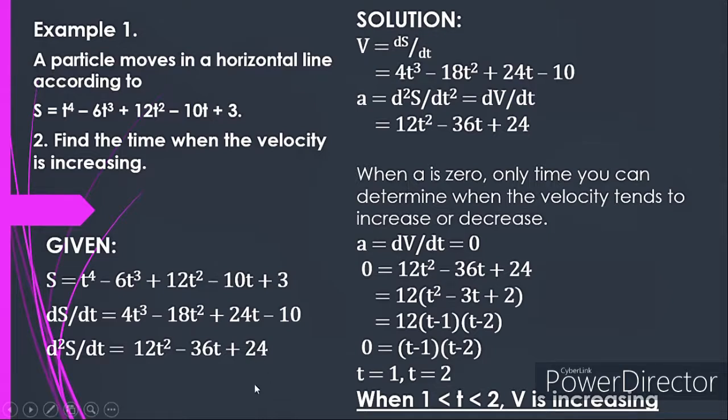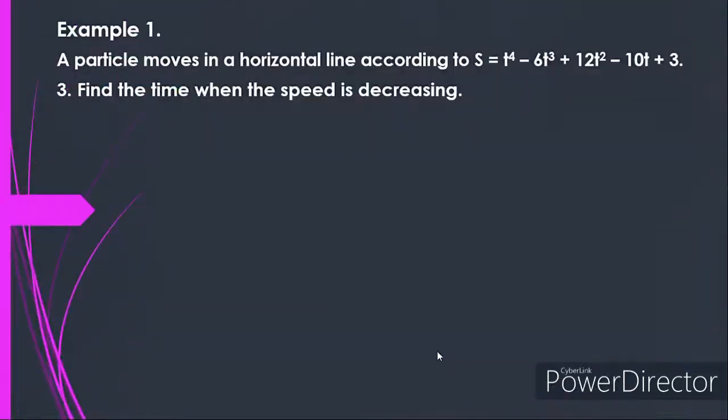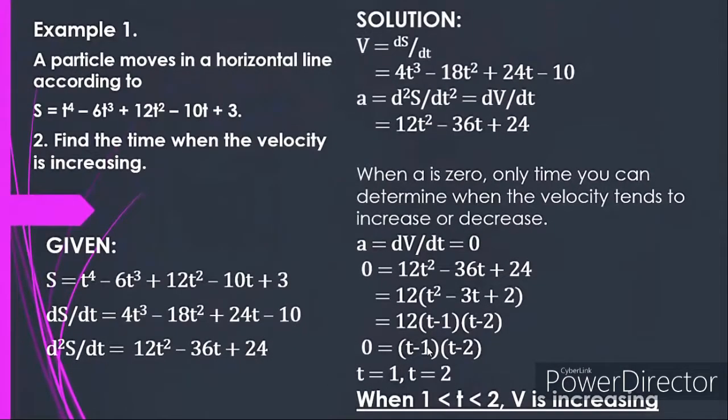Kasi pag sinubstitute natin yung value ng t as 1, ang magiging sagot natin ay 0. Pag sinubstitute natin ng t equal sa 2, again, yung acceleration natin ay equal sa 0. Therefore, kung sinabi niyang increasing, dapat magkakaroon ng value yung